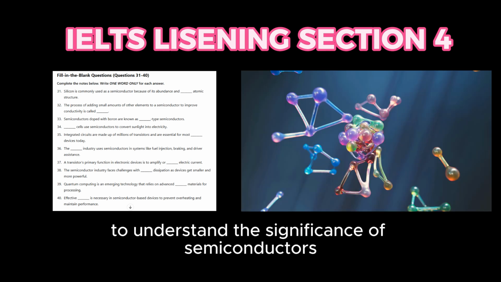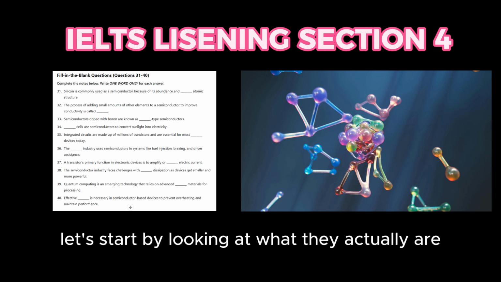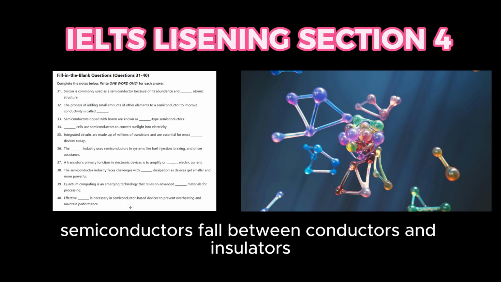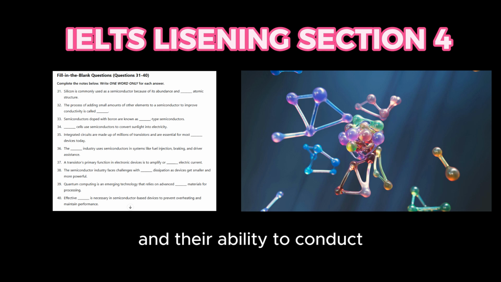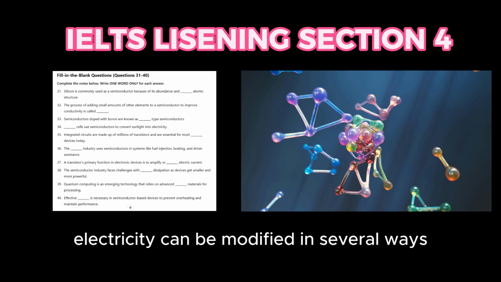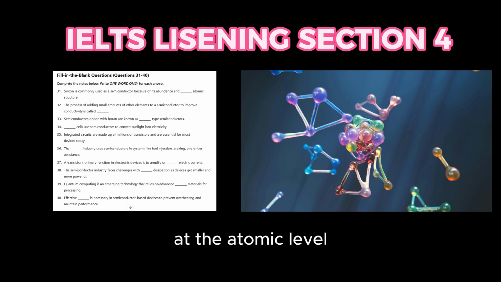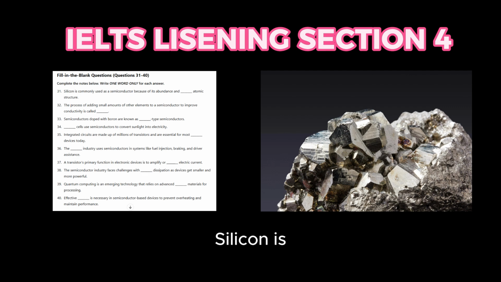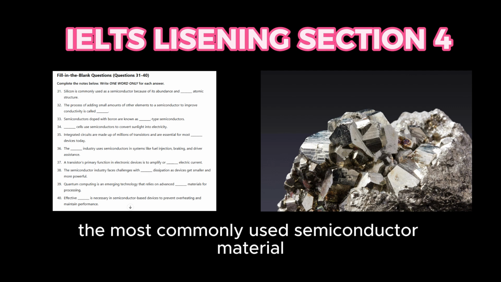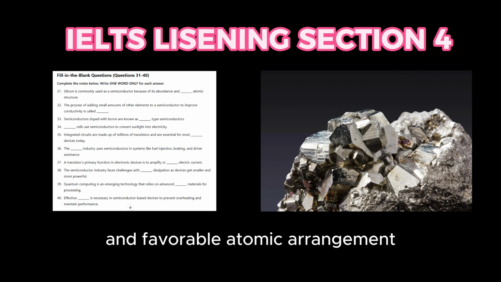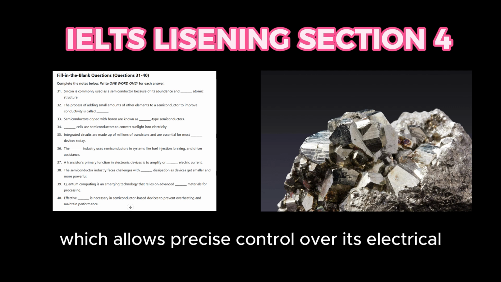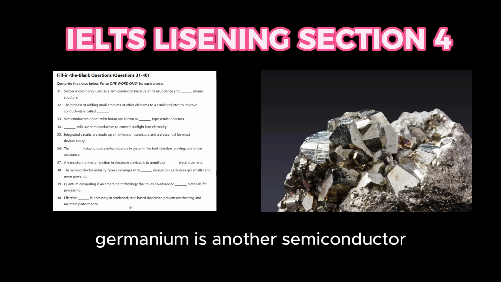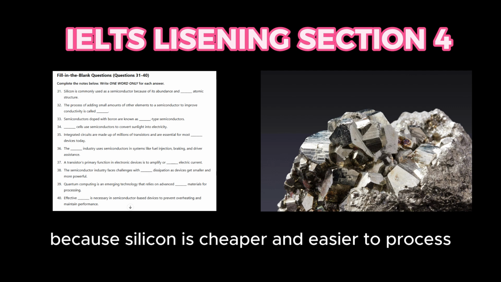To understand the significance of semiconductors, let's start by looking at what they actually are. As I mentioned, semiconductors fall between conductors and insulators, and their ability to conduct electricity can be modified in several ways. At the atomic level, semiconductors have a specific crystalline structure. Silicon is the most commonly used semiconductor material because of its abundance and favorable atomic arrangement, which allows precise control over its electrical properties. Germanium is another semiconductor, but it is used less frequently because silicon is cheaper and easier